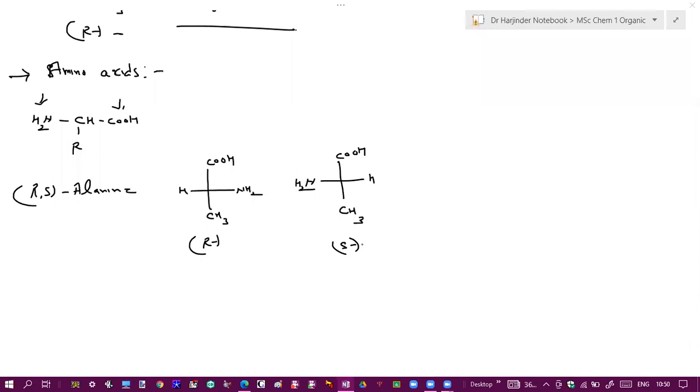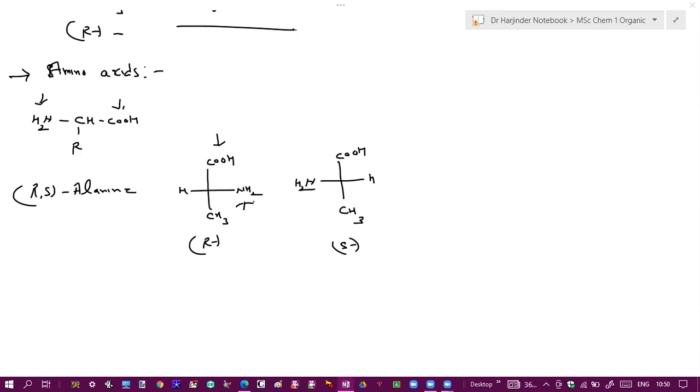You can directly use a base, because it is an acid anyway. Now you can see here you have a carboxyl group and an NH2 group, both groups. So you can use either of the methods, either of the methods which were used in case of carboxylic acids or in case of bases. But the thing is, you can use only one functional group.